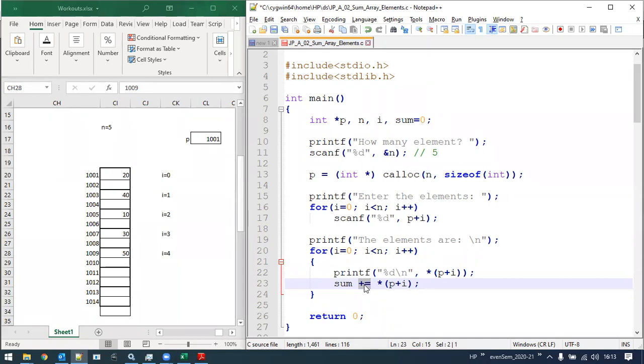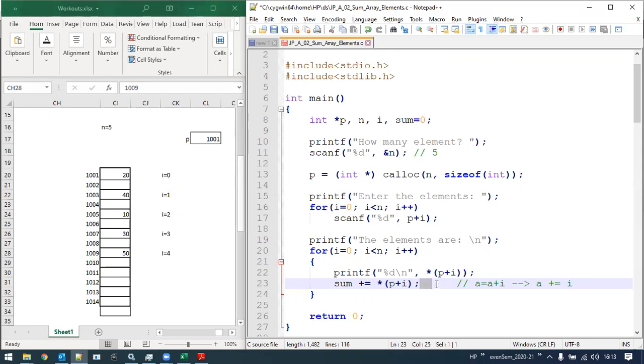Shorthand notation for the arithmetic operation. So this is actually sum equals sum plus this value. Suppose if we have a statement A equals A plus I, then how do we write it? We can write it as A plus equals I.